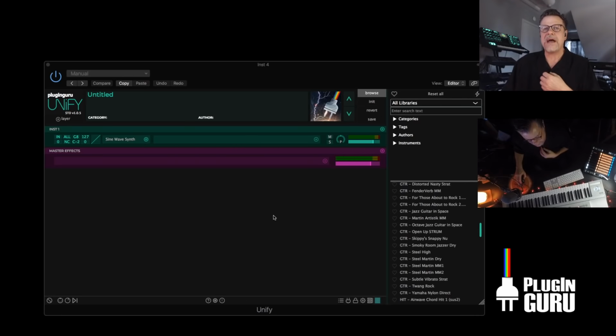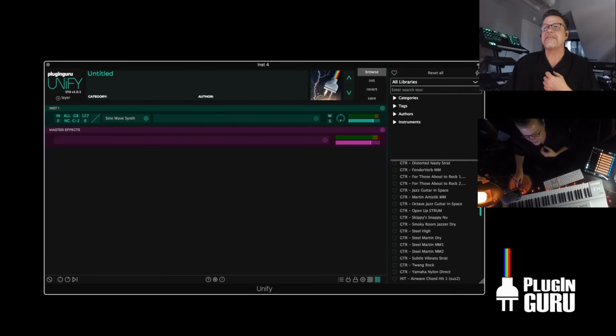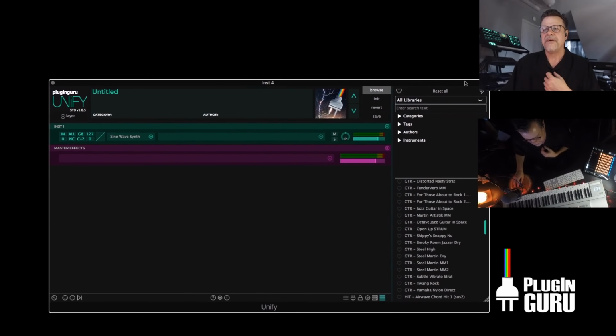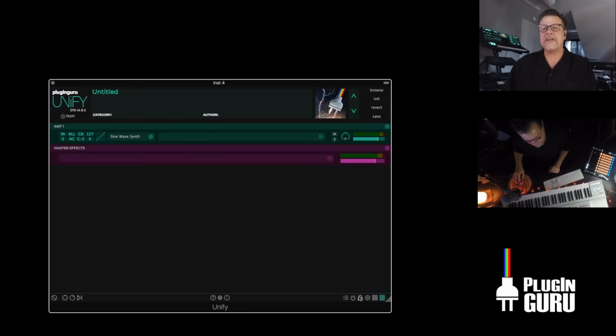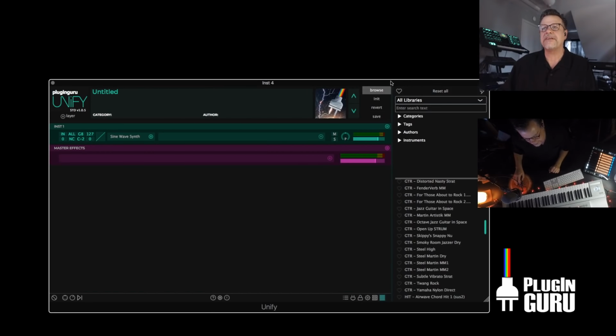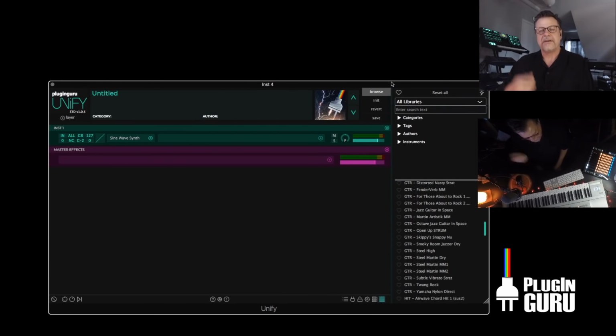We haven't really broadcasted a lot yet, but we're not against the idea of third-party companies making their libraries and using our licensing feature to protect them, so that there's a layer of protection at least, so it's not just a complete copy over from a torrent site. So if somebody wanted to do a library for, say, Pigments, and they did it in Unify, the cool thing here is they could use Pigments